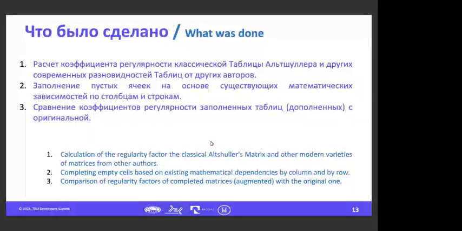So what does it mean? Is the math a repetition or the laws of all filled matrices? And so we were finding this regularity, and we were filling this cell. So if it was close to the original genuine cell, so our coefficient of regularity could be taken into the operation, and on this hypothesis we're filling those empty cells which were in the classic table from the very beginning.